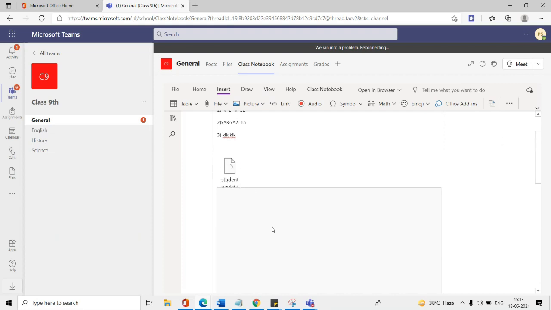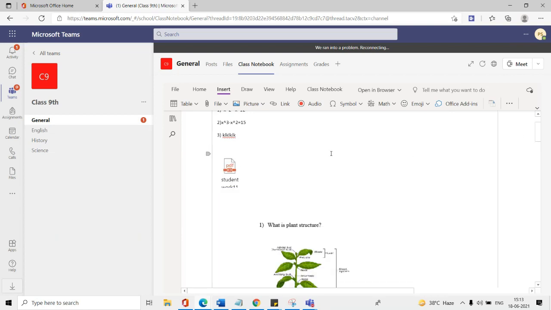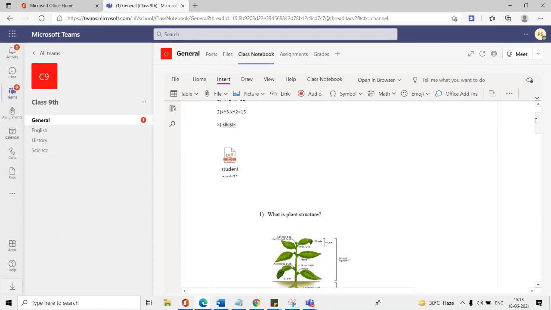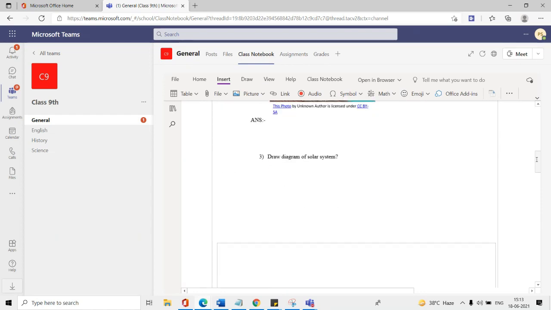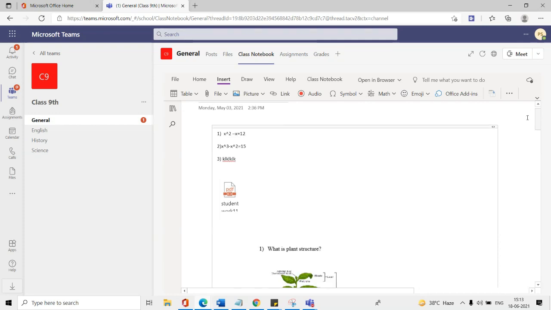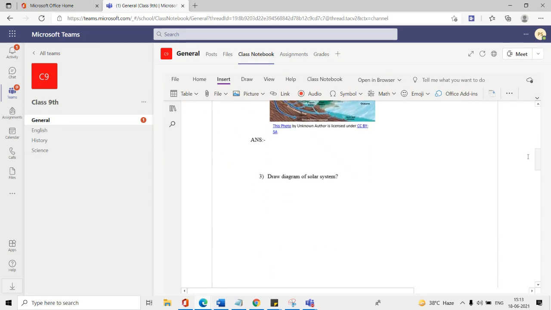Now you can see my PDF is being inserted. According to the size of the file, it will take time. So once it is uploaded, you can see this has been uploaded, right? And it is uploaded in that particular format. It is uploaded in the open format so that your faculty will see it, right? They don't have to download it.